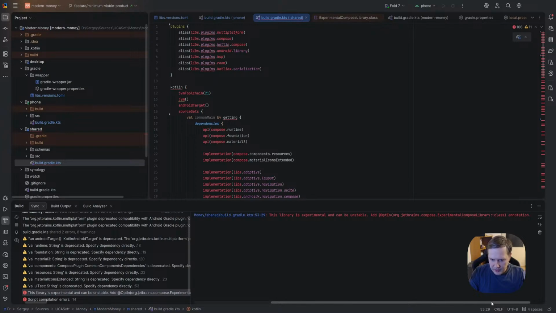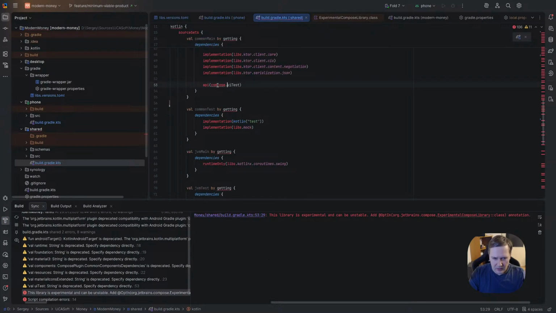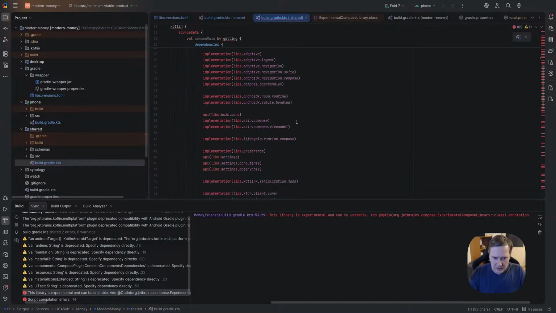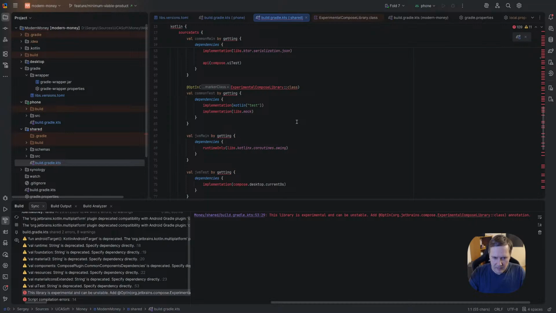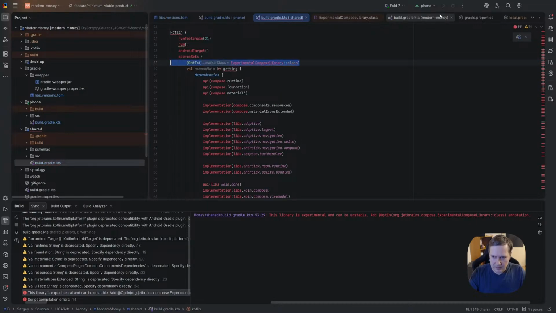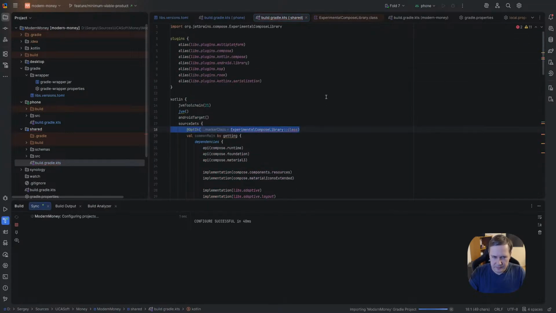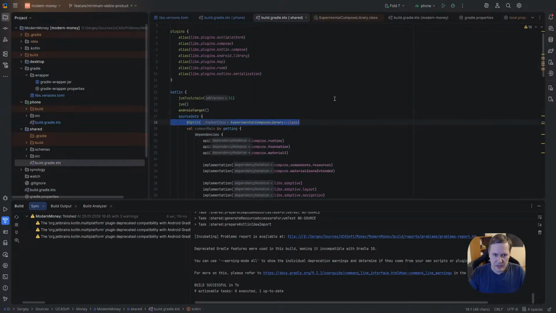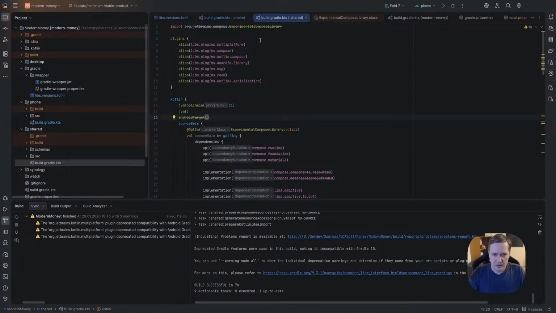The library is experimental and can be unstable. So we must have it. Yeah, sorry about that. I didn't expect so many changes with so small updates.